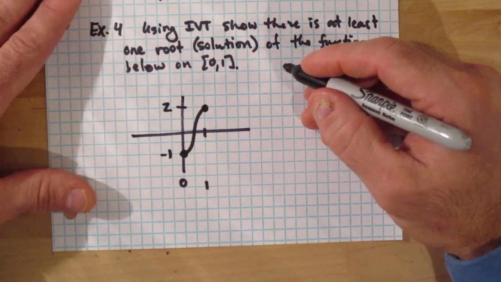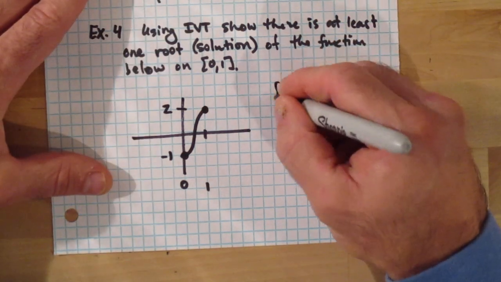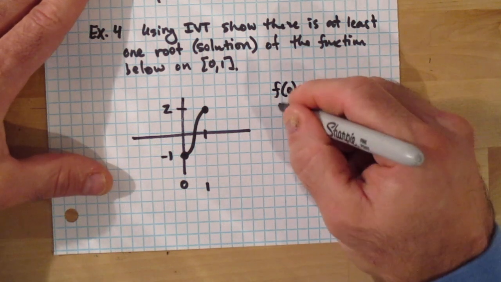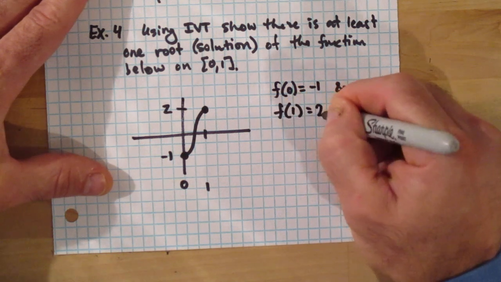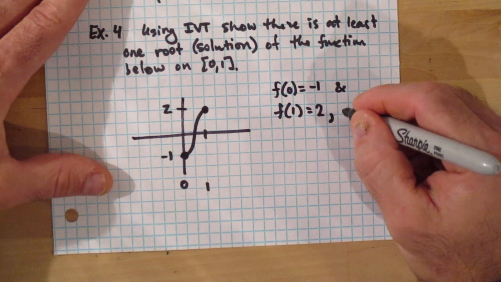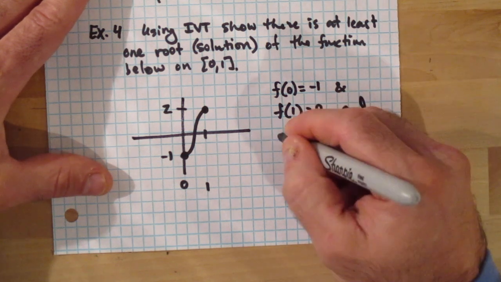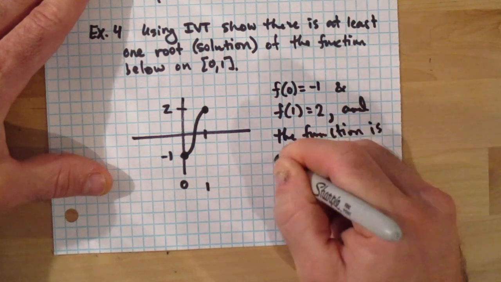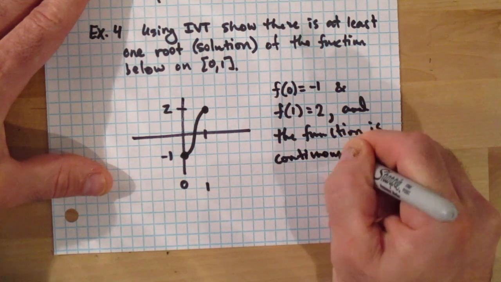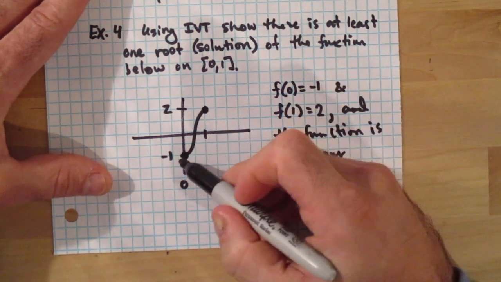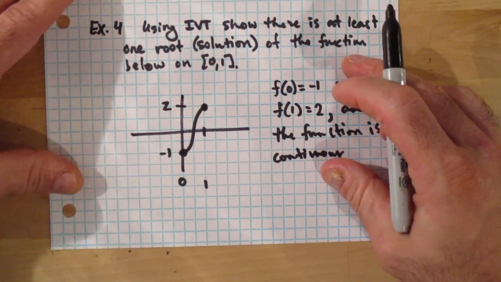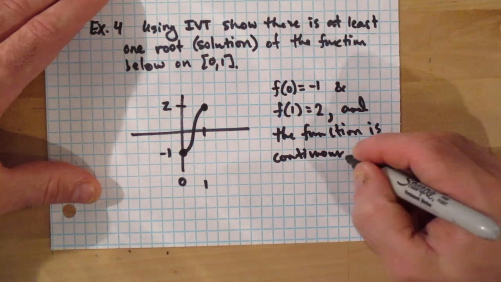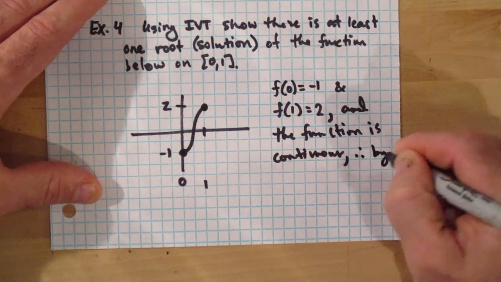All right, so what I can say is that since f of 0 equals negative 1 and f of 1 is 2, and on top of that, the function, which I'm guessing is a polynomial, is continuous, all right, that means that I have to meet every output value between f of 0 and f of 1. Therefore, by the intermediate value theorem,